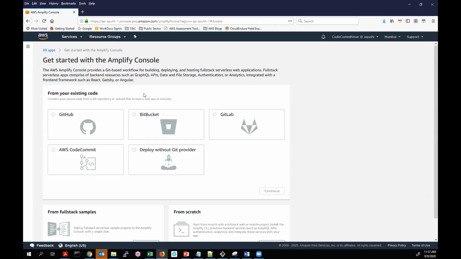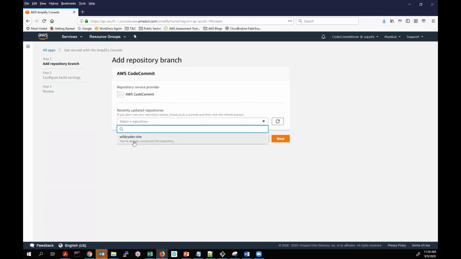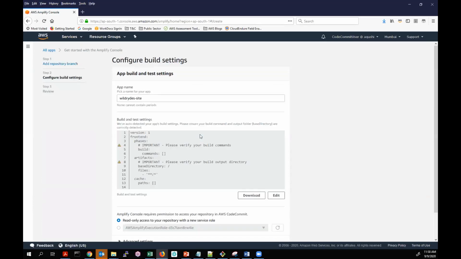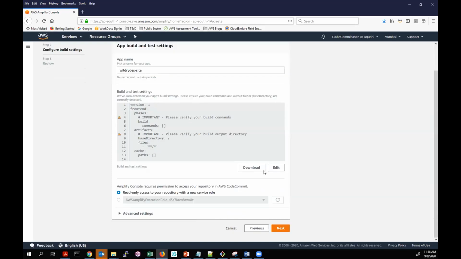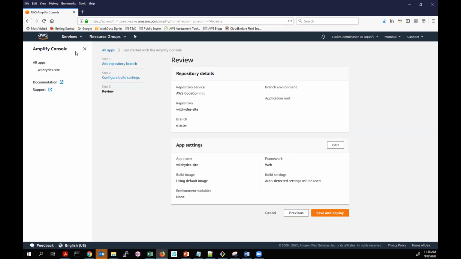I'm just going to walk you through the steps here. Since I've used CodeCommit, this is where my code is residing. So I've selected the CodeCommit repository. Okay. And then I'm going to keep it simple with the features. And then I click on save and deploy. These are the steps. It will save and deploy. And once I deploy,